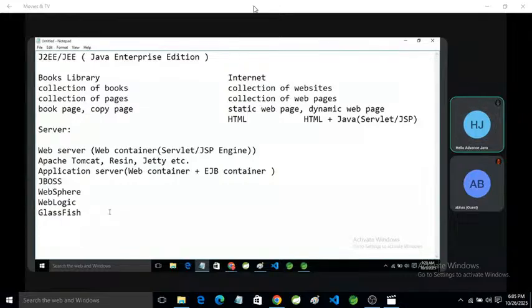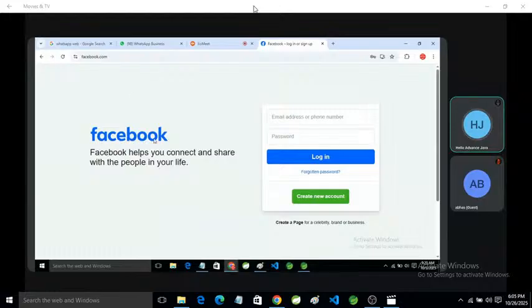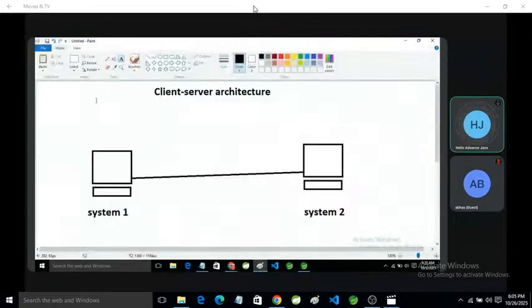Now here you can see, suppose we want to send a request from the web browser.